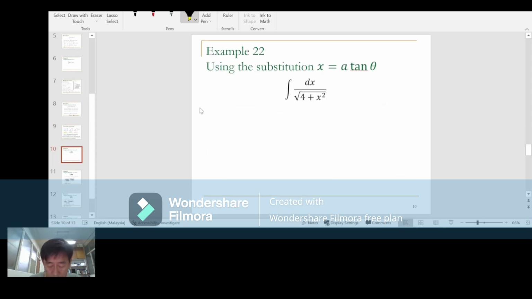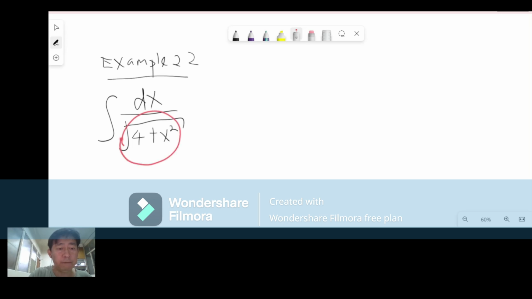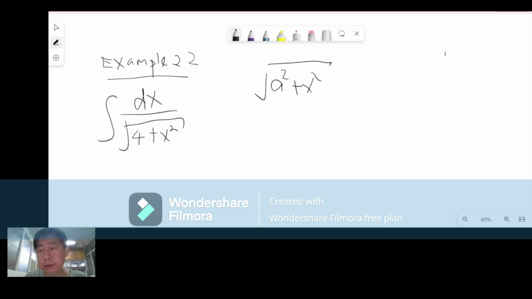In example 22, the integration is of the type where the integrand is 1 over the square root of 4 plus x squared. This integration involves a denominator of the form square root of 4 plus x squared. We are considering a denominator expressed in the form of a squared plus x squared enclosed in a square root. Here, a squared plays the role of 4, so we can consider a to be 2 in this particular example. The expression of this square root term can be interpreted by referring to the Pythagoras theorem applied